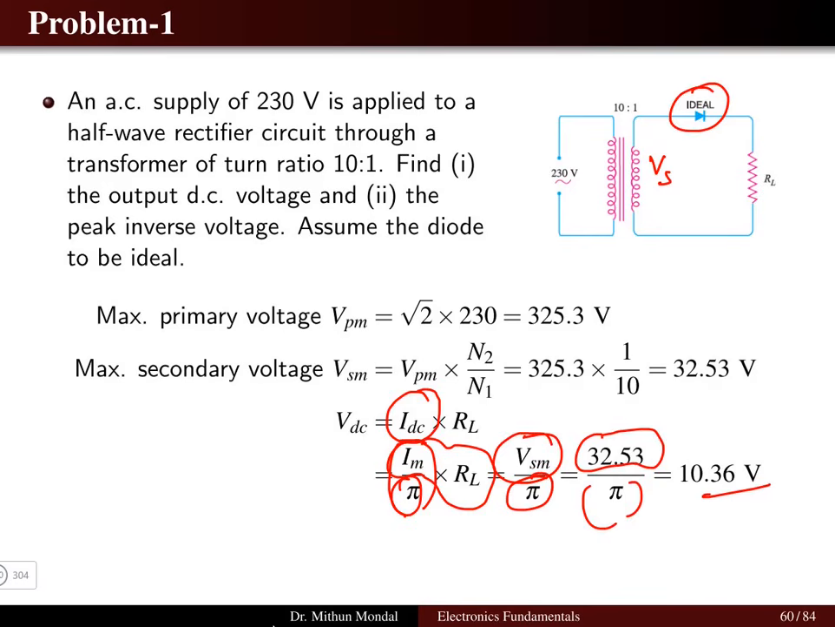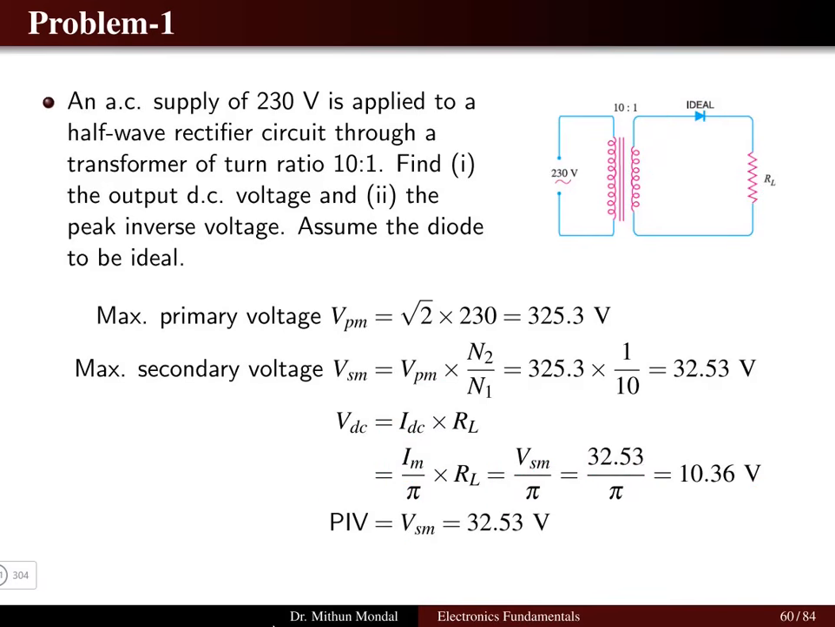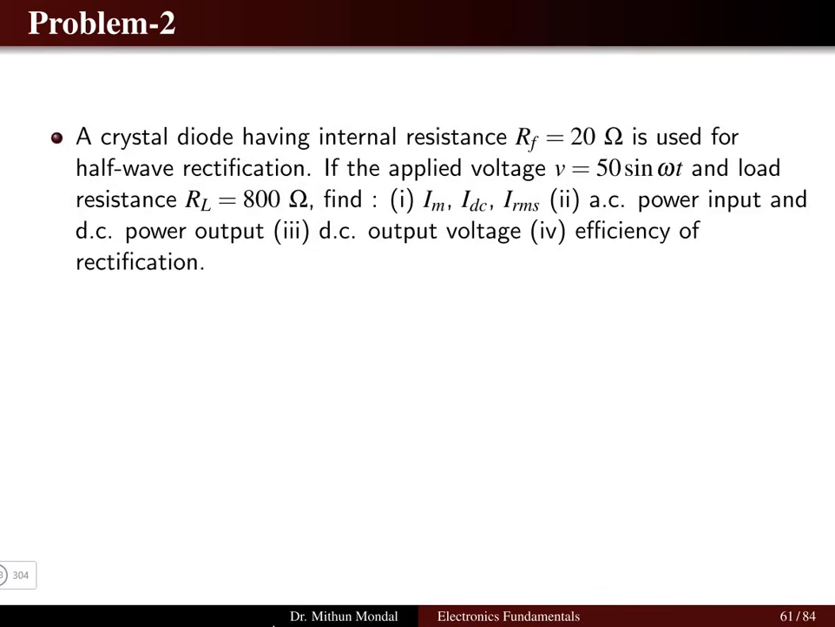the DC voltage. The peak inverse voltage is basically the reverse voltage. So we can see that the negative half cycle, which is having the maximum magnitude of 32.53, that will be the peak inverse voltage. Next problem, here we have a crystal diode whose internal resistance is given to be 20 ohms and